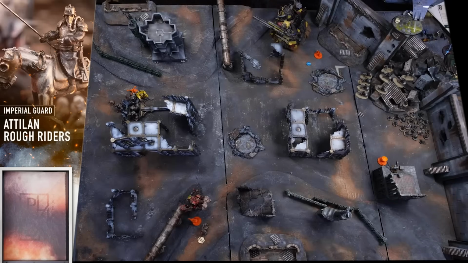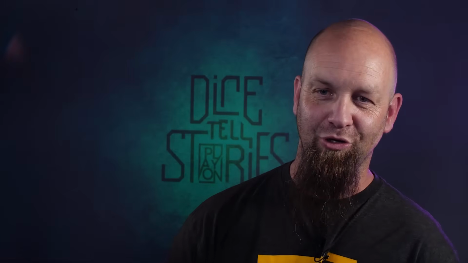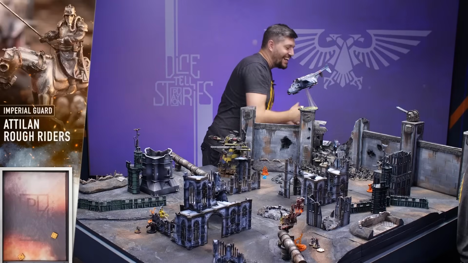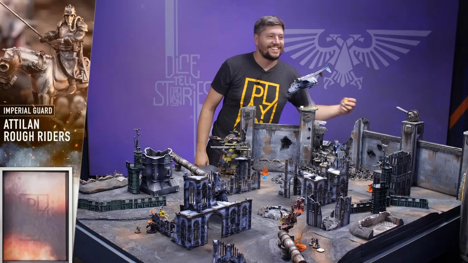The Rough Riders are charging into the Stompa. If Nick makes this charge with these riders, the game is all but over for me. I need him to fail the charge and fail the reroll with his command point. Ha! That is not a 9. I'm gonna use my command point. I really want this to happen. I really don't. Go,